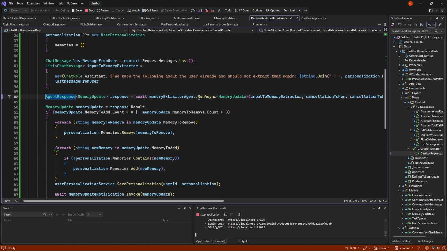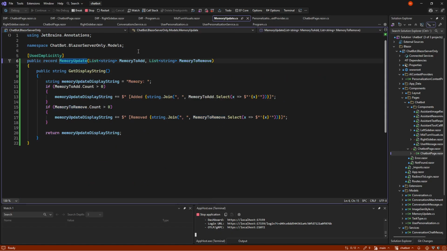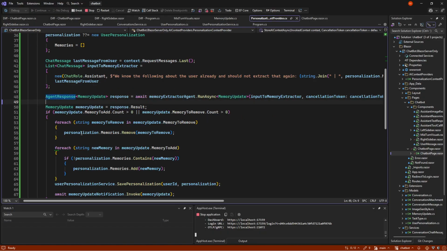We then gave it the instructions: extract other facts that are not any of these. We send that and we use a structured output with a memory update, which has the added memory and the removed memory. It could also be that we just said hi and there's nothing to add or update, or what is the capital of France, or whatever. If there's nothing to do, we don't use any memory and don't spend any time on it.